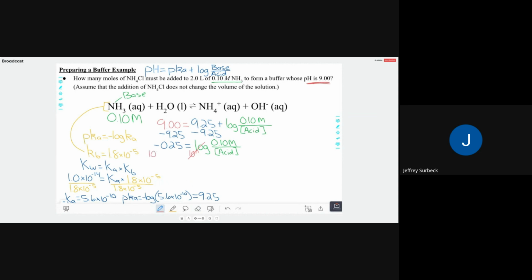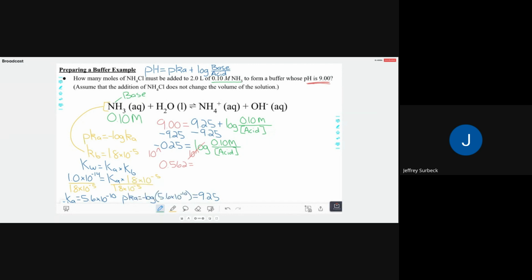So in our calculators, we're going to put 10 to the power, or you could hit second log, negative 0.25. When we do this, I'm going to write 3 decimals down, 0.562 equals